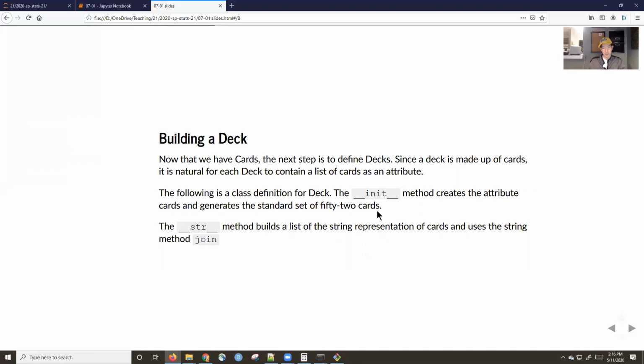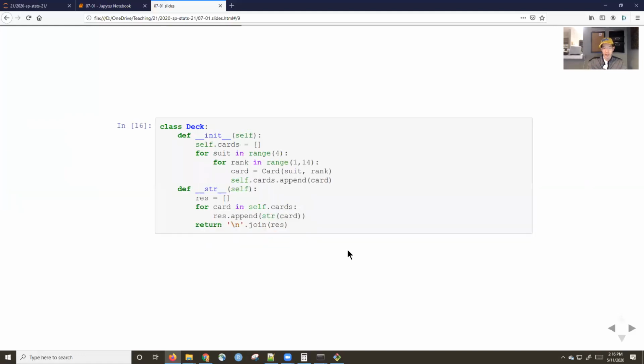And then we will show the string representation of the deck, which will be a very long string that will join together. Okay. So here,